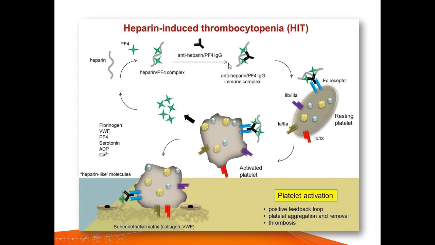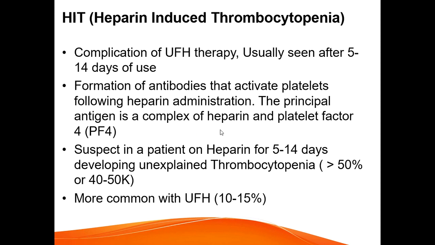The antigen-antibody complex goes and attaches to the Fc receptor and leads to activation of platelets. This activation of platelets leads to further release of coagulation factors and generation of more PF4. So the patient enters into a vicious cycle. So there is a formation of antibodies that activate platelets following heparin administration. I told you the major antigen is the PF4-heparin complex, and it is suspected in a patient